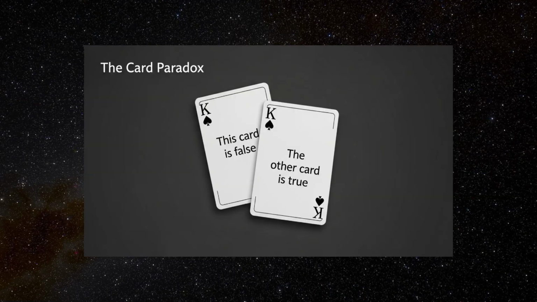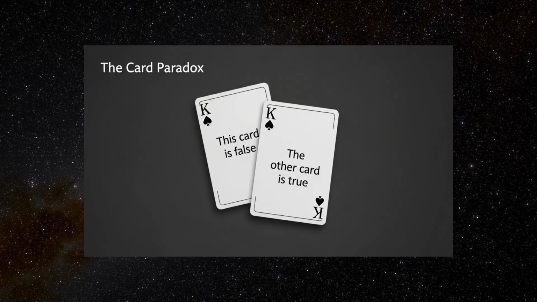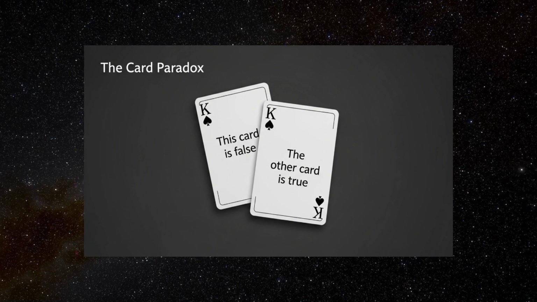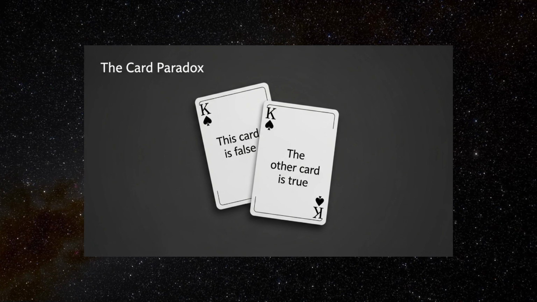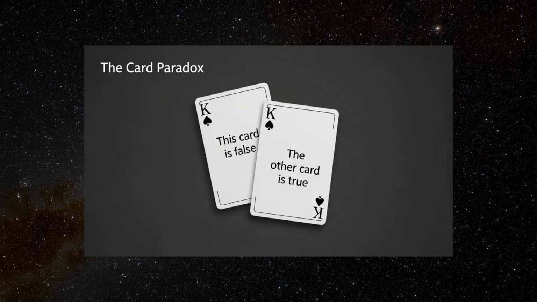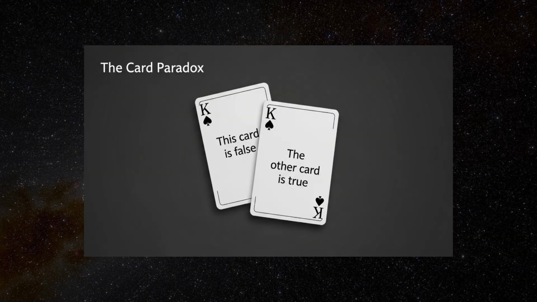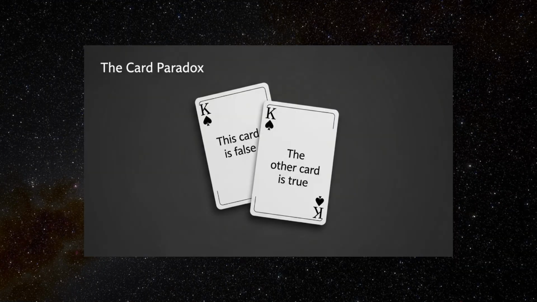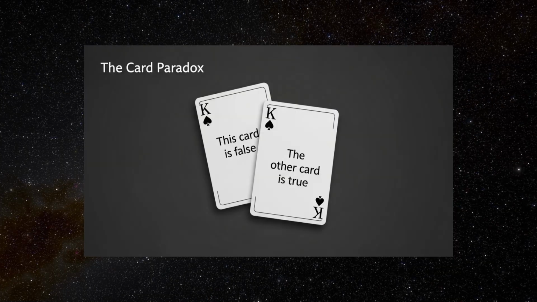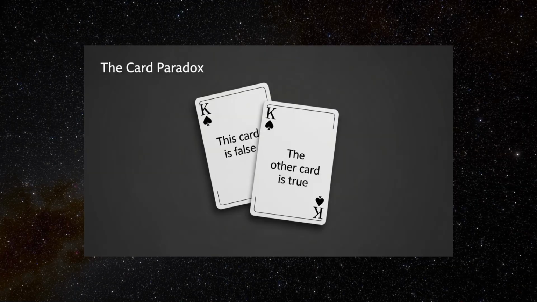On the other hand, let's assume that the sentence on side A is false. Then what it says is not true, so the sentence on side B is not true. But side B claims that side A is false, and if that's not true, then side A must be true. Again, contradiction. In either case, whether you assume the sentence on side A is true or false, you are forced into a loop where each side's truth depends on the other in a way that leads to inconsistency.